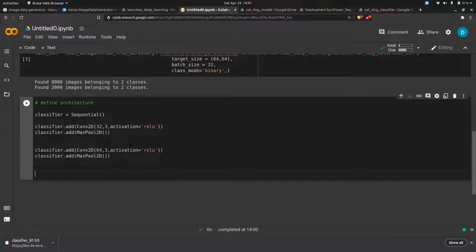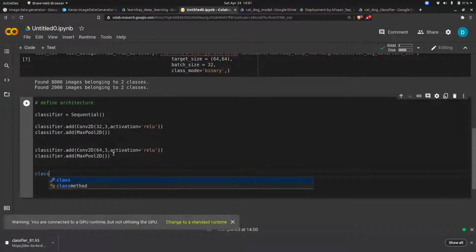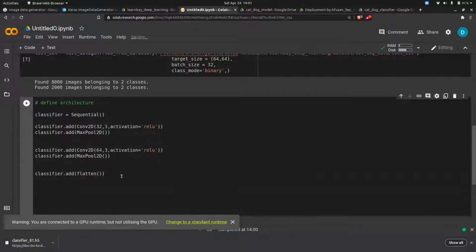So this is convolution 1 and this is convolution 2. What is the next step? Flatten. Yes, flatten. So classifier.add, and you have to put flatten. After flatten, Dense. Yeah, so we have to provide a dense layer.